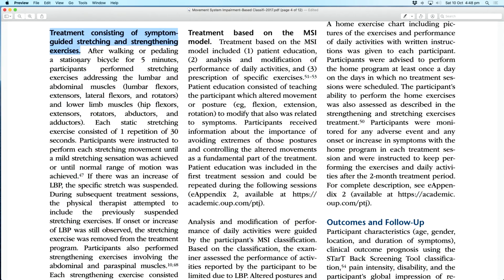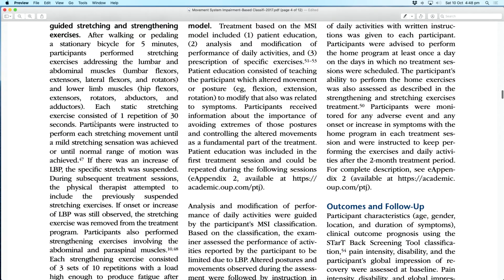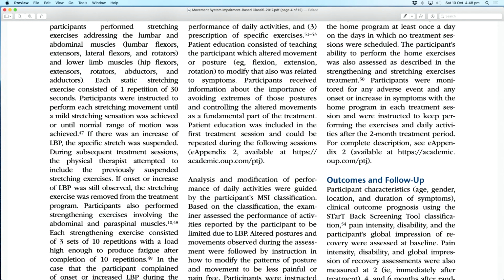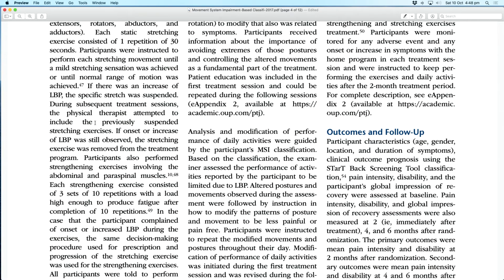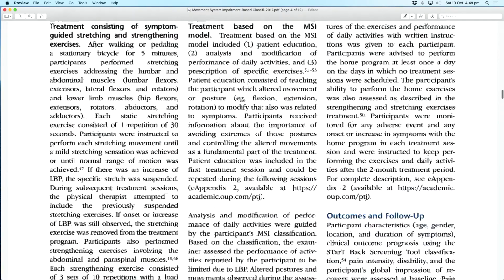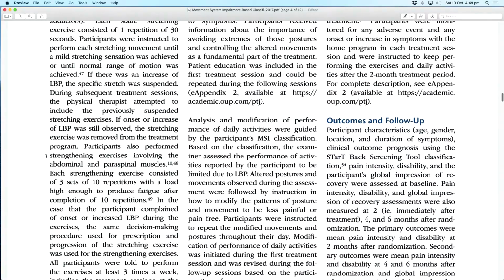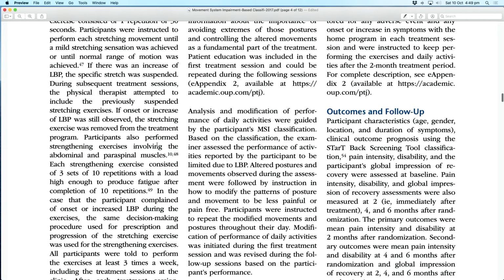It was basically just spinal exercises: spinal flexion, spinal extension, spinal side bending, and spinal rotation. They got hip flexion, hip extension, hip rotation, hip abductors, and hip adductors. So they just did static stretches for each of those for 30 seconds. And if that made their symptoms worse, they discontinued that particular stretch and then tried it again later. So basically, that's what they did. And then they got some basic strengthening exercises for abdominals and the back muscles. So they did 3 sets of 10 reps of abdominal curls and stuff like that.